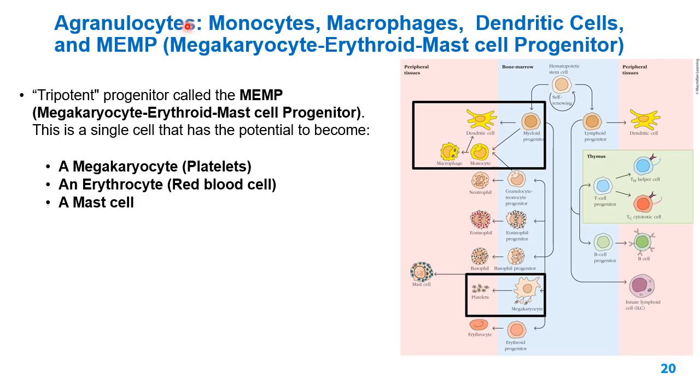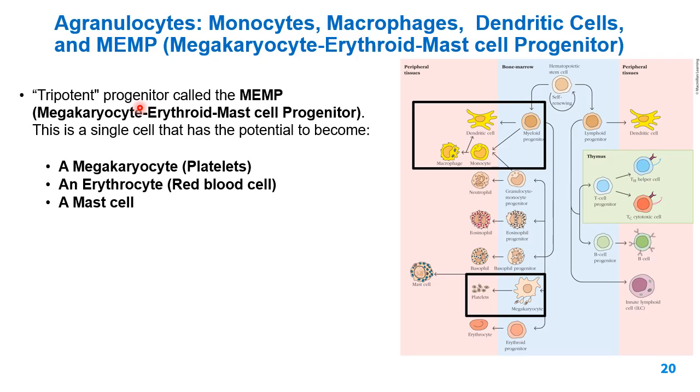All right? So you have your monocytes. Remember, monocytes become the macrophages. Right? You have macrophages. You're going to have these guys, dendritic cells. Very, very important guys. Right? And then you have these other precursors here, that those are called megakaryocyte, erythroid mast cell progenitor. Okay, there is a long name for those